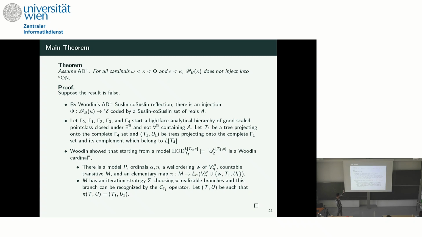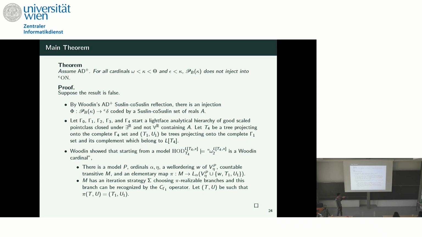And starting from this, in that paper of Steel, by the Woodin mouse set thing, you can find some models M, some ordinals alpha and eta, some well ordering of LP eta, and some countable transitive model M, so that you have an elementary map from M into this L alpha, LP eta, WT1, U1. But moreover, you can show that this M has an iteration strategy that chooses pi-realizable branches, and you can